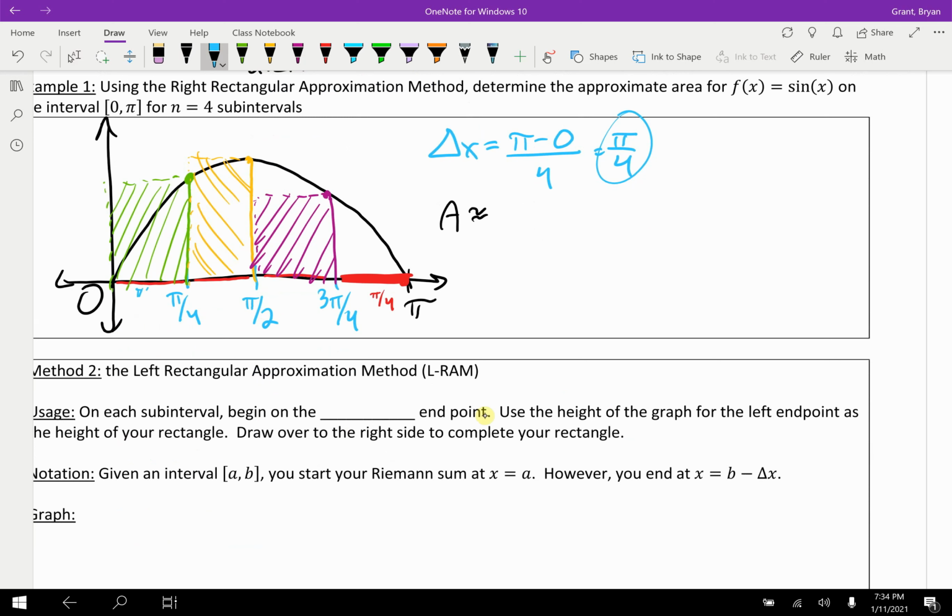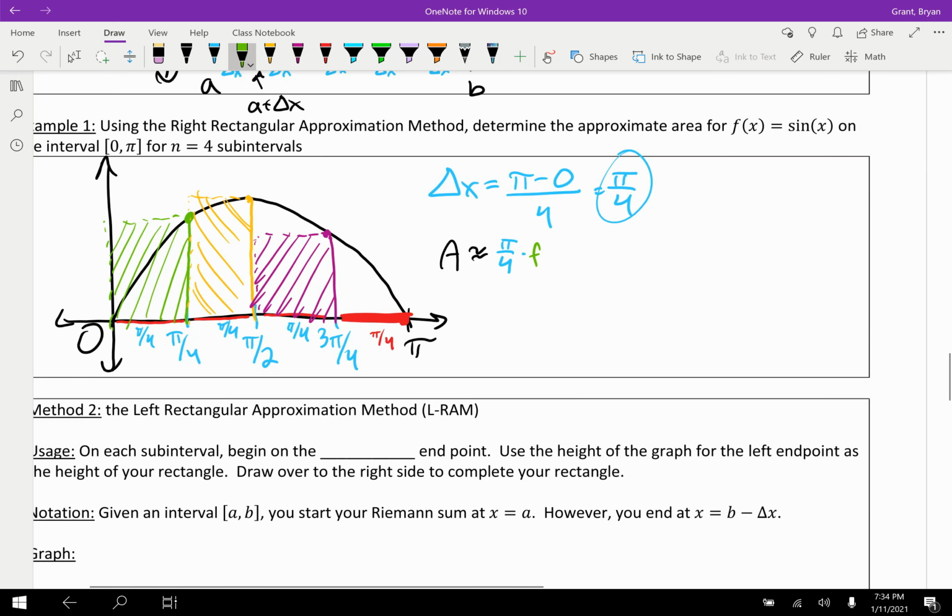Well, my base for each of these is pi over 4. So that's pretty easy. Each of those is pi over 4. So pi over 4 is a base times, how do we find the height of the green rectangle? We use the right x coordinate. It's a right Riemann sum. So f of, and actually we know f is sine of x, isn't it? So can we just write this as sine of pi over 4